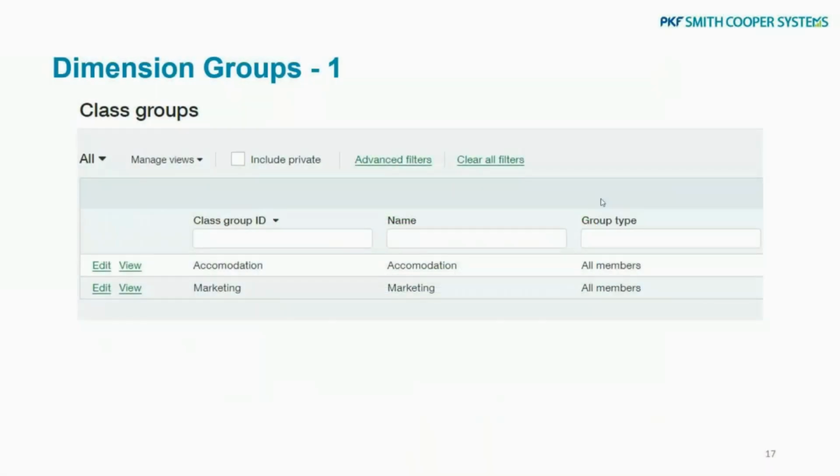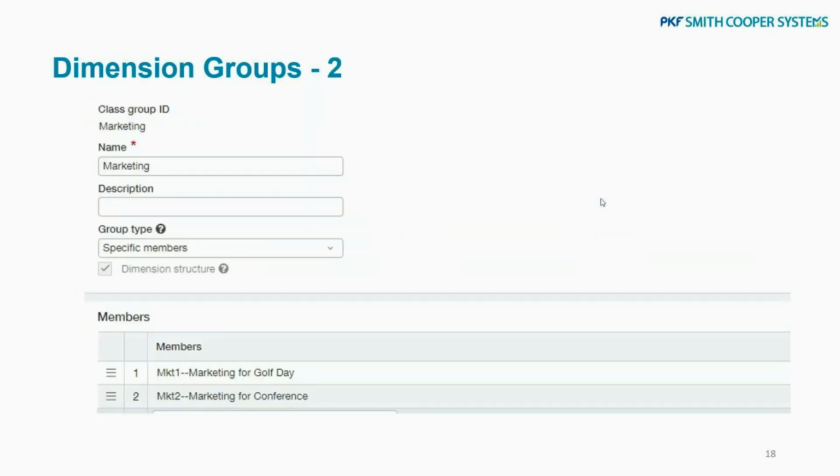We can set up groups for any dimension. This means that we can set up a dimension group for classes, for locations, for departments, etc. I've just got a couple here that I've set up for classes. If we look at the setup of those dimension groups themselves, we'll see that there's the option to set up